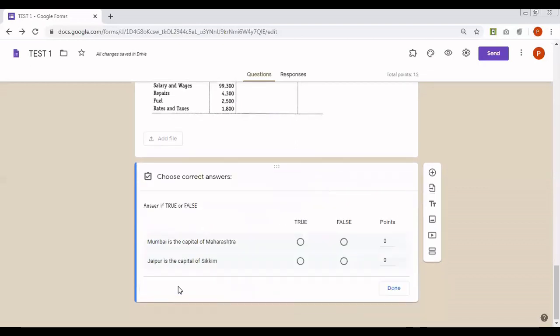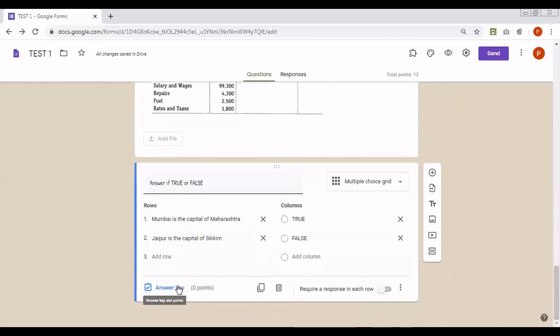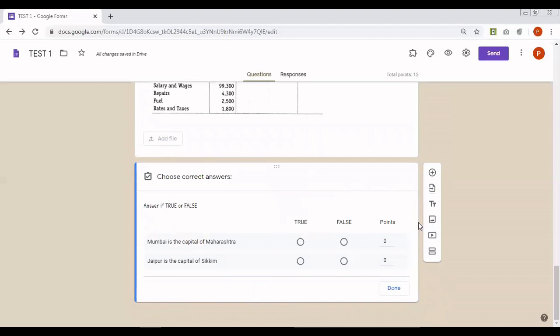Let us see how it appears to the student. As soon as you click on this answer key, you'll be able to see how the question will appear in front of the student. The student will see the question to the left, while he'll have two alternatives, either true or false. The student will be able to see how many points we have assigned. Let us assign the points. I have assigned 1 point to each question. So the student can answer either as true or false.